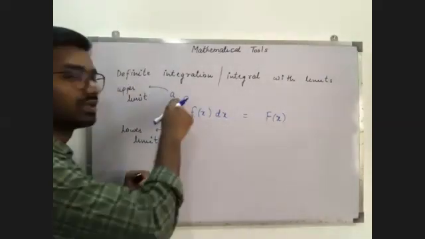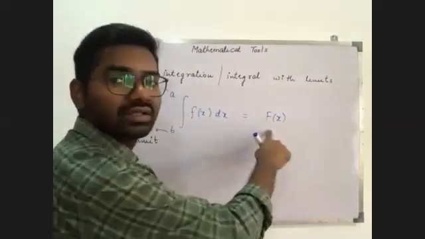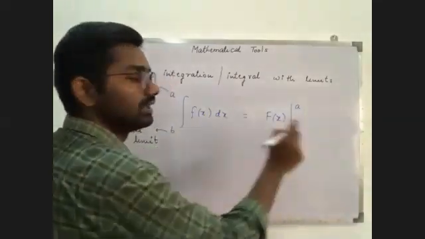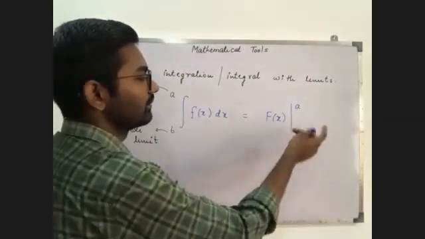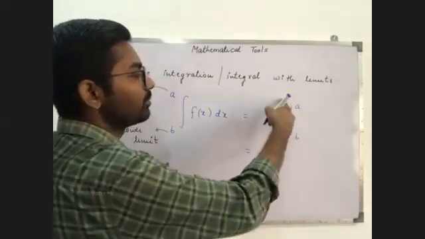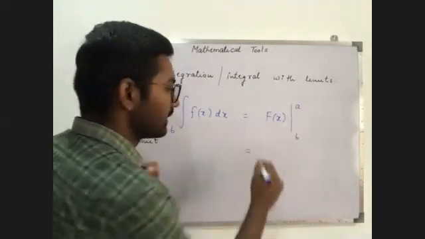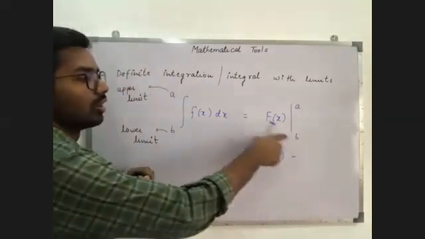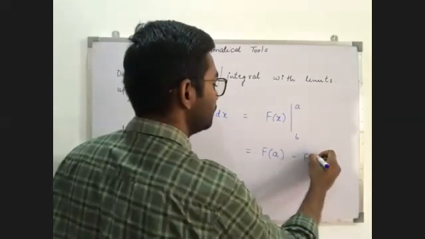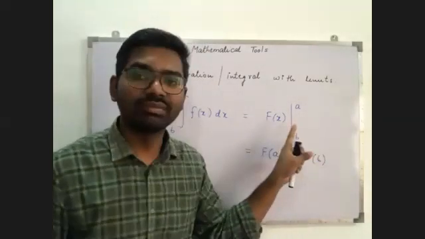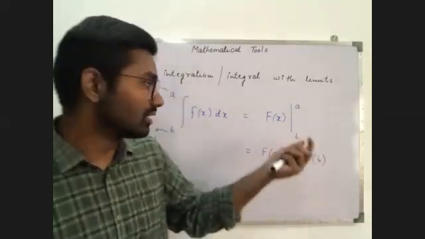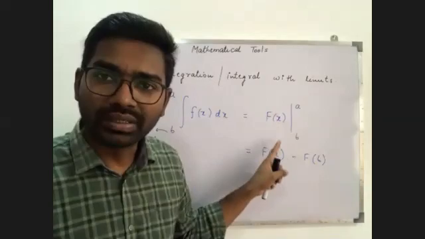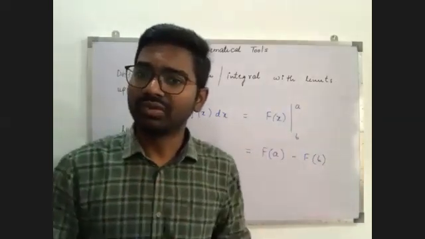Then I have to put the limits. How are we going to put them? So I get the function, then the limits a to b. This is the upper limit, this is the lower limit. After this, what will I do? First, I will put the upper limit in place of the variable, meaning F of b, and then minus the lower limit, F of a. Now, if you look here, I have not written any arbitrary constant plus c because I am doing the definite integration. So in that case, first integrate, then put the upper limit minus put the lower limit. You will get the answer.